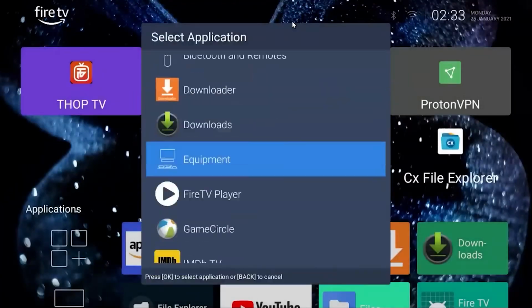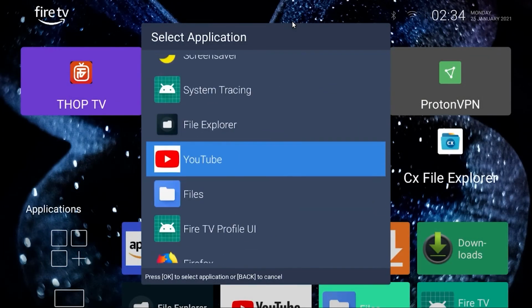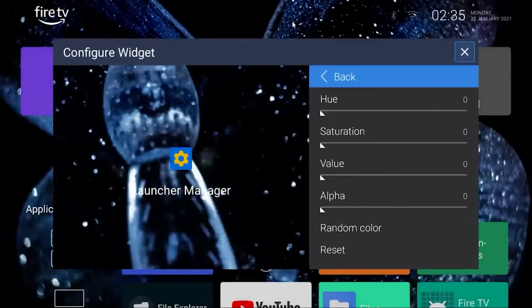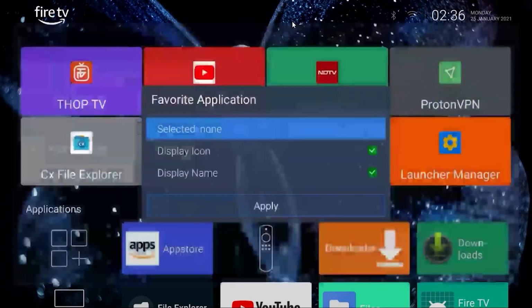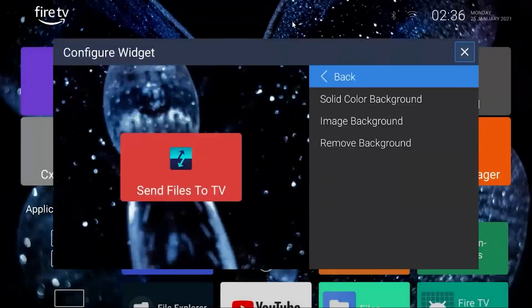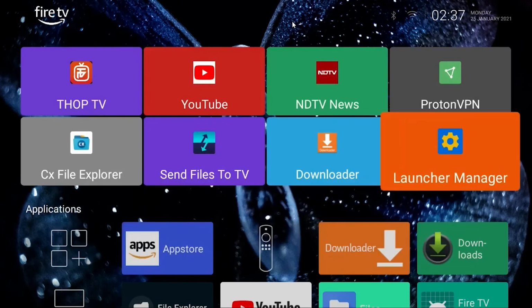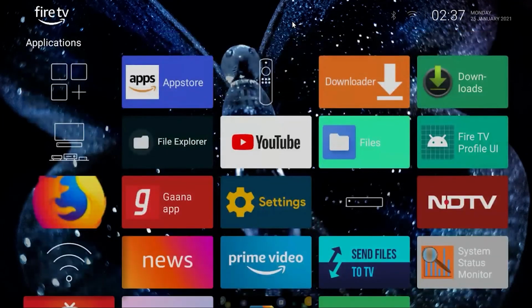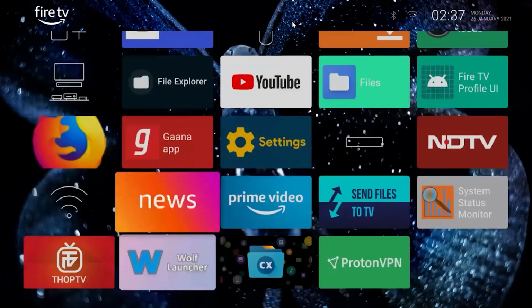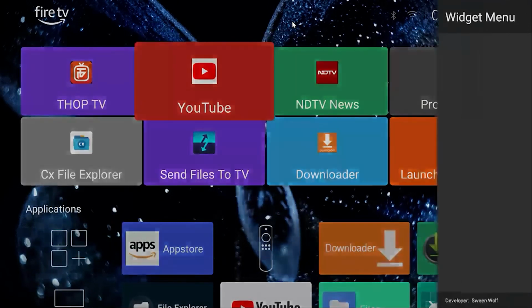Now I'm just modifying or tweaking some settings in the custom launcher, and I am adding my favorite apps at the top of the list using widgets. Widgets are not mandatory, you can activate them or not, and one good thing is that you can manually place app sorting anywhere. So maybe you want YouTube to be at the top of the list, so you can move the YouTube app there. Everything is possible in the custom launcher, and this way you can do everything.